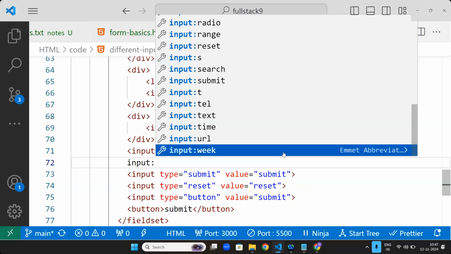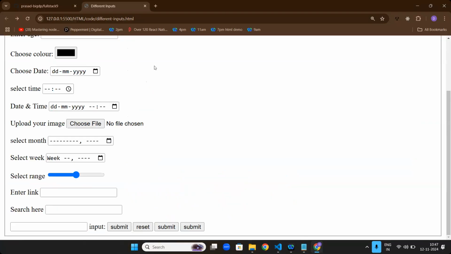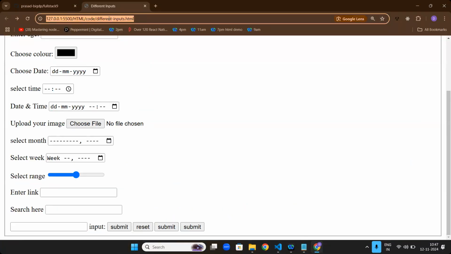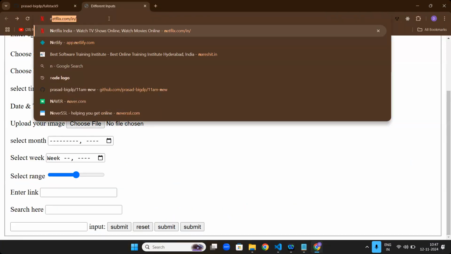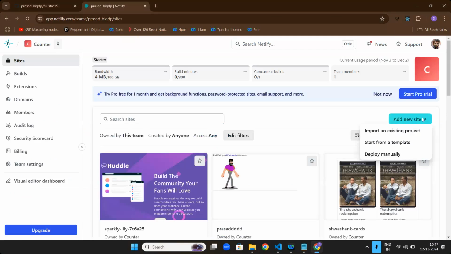But always try to push your code into GitHub, and from GitHub try to connect it to Netlify if possible. Imagine you already pushed your code to GitHub. You open Netlify and add new site.